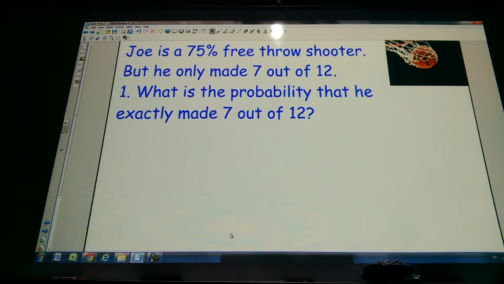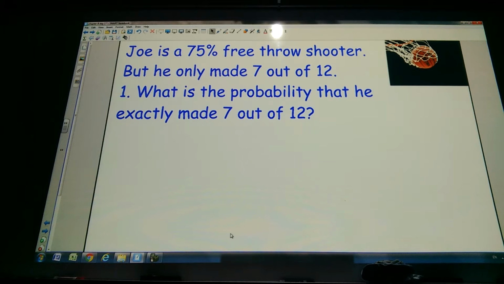All right, continuing on with binomial distributions. You're going to need your calculator, so if you want to pause and go get it, it's essential today. There are three basic problems that we're going to look at. We could do a wide variety, but we're just going to take the basic ones